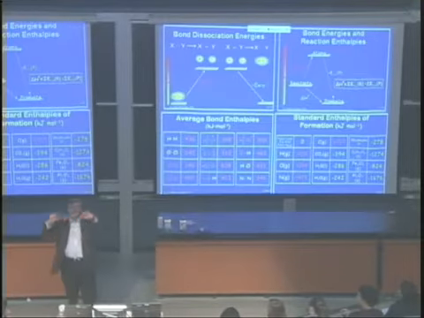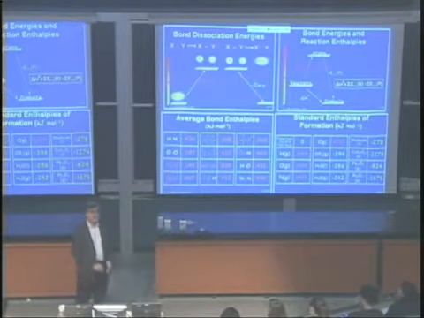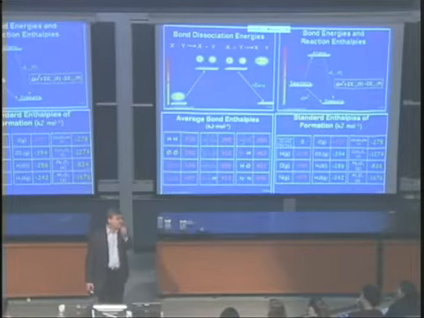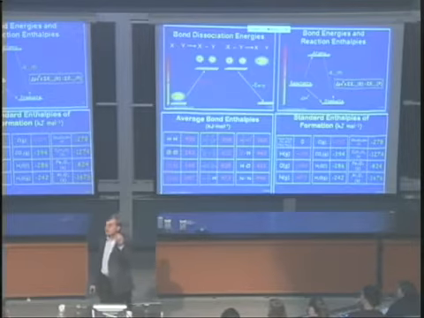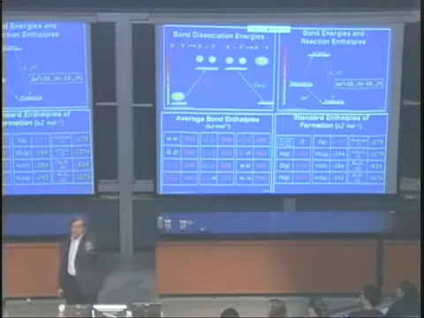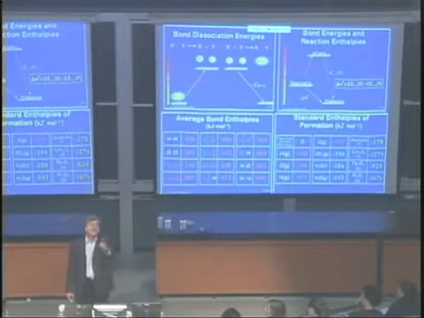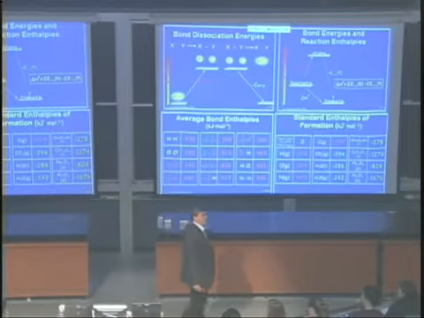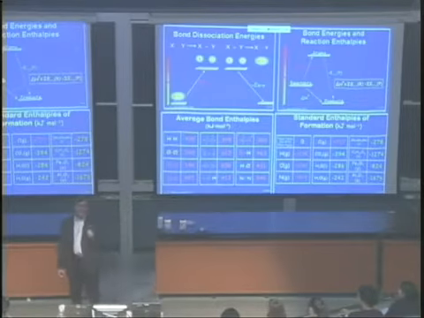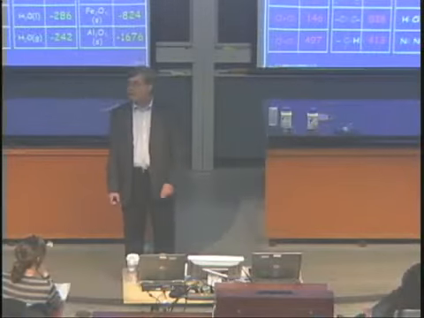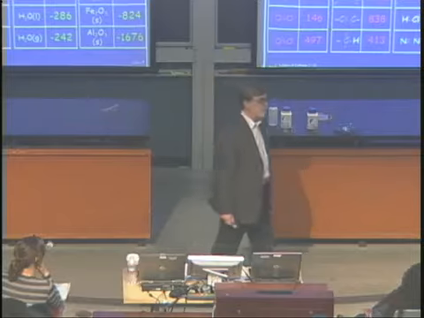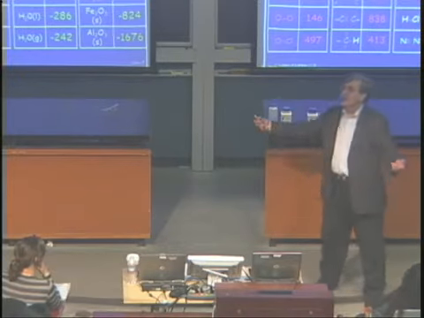If you look at biological molecules and many, many other large molecules, they only have one reactive center very often. And at that reactive center, there is a change going on. There are bonds broken and bonds remade. So there is a reaction going on in a certain part of this large molecule. So in order to calculate the energy change of that reaction, you would need all these enthalpies of formation for all these different compounds, and this is impossible because there are so many compounds that you cannot measure